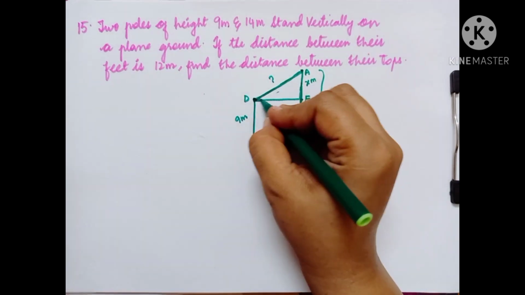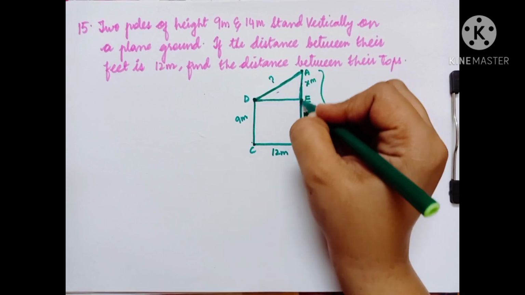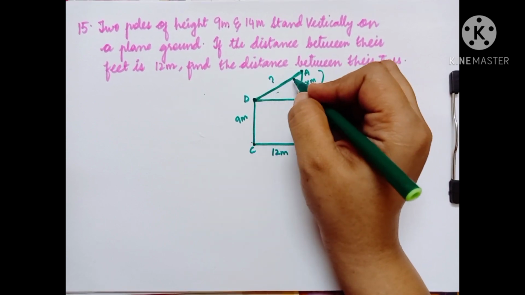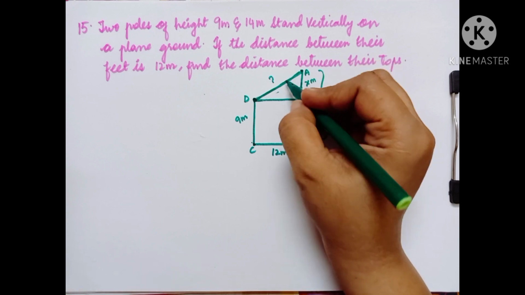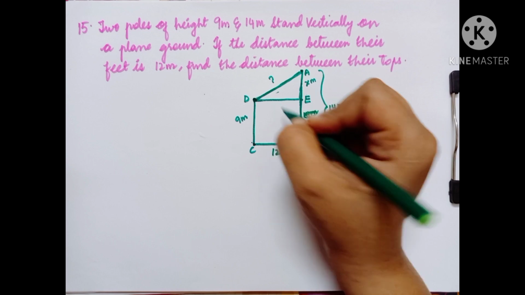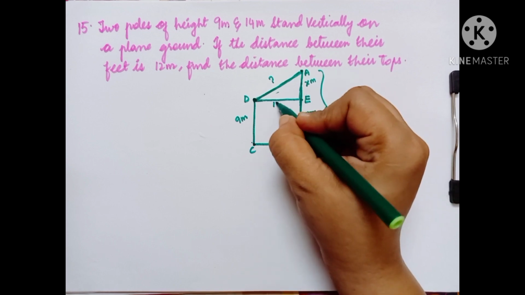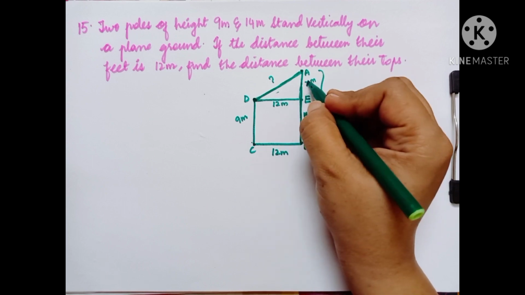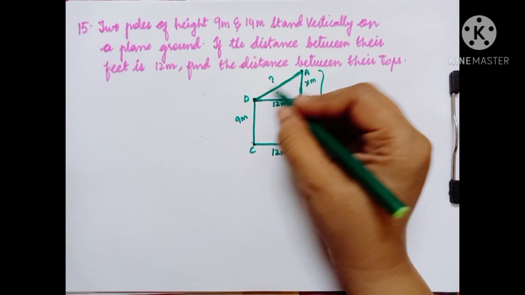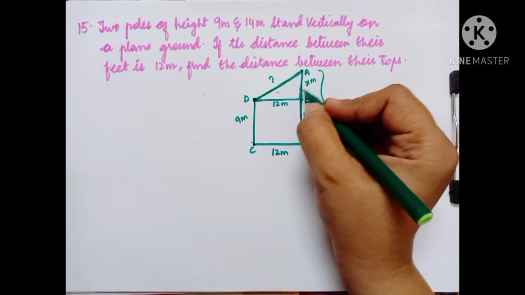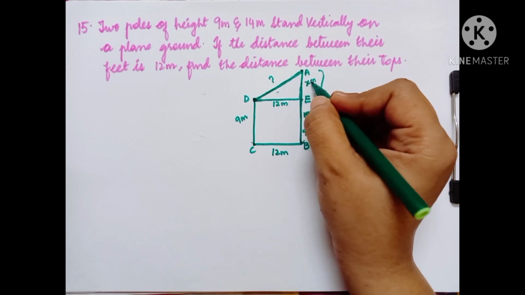So you have to take this triangle, this is nothing but a right angle triangle, so here you need to find out the hypotenuse. For finding out the hypotenuse you should know this part as well as this part. So this is 12 meter means obviously this is also 12 meter, as this is a rectangle. So 12 meter you know, but this X meter is an unknown value. At least two values if you know, you can easily solve this, but as you don't know this part, let us first find out this part.